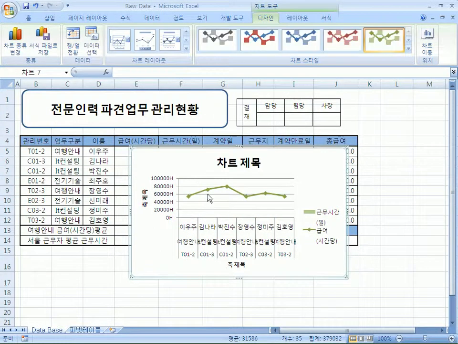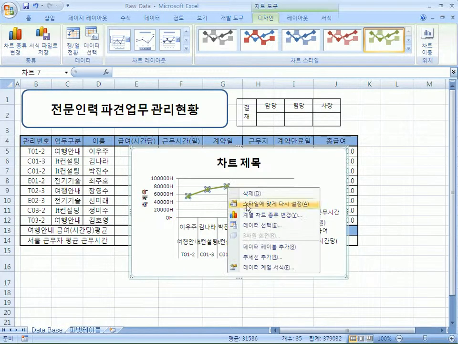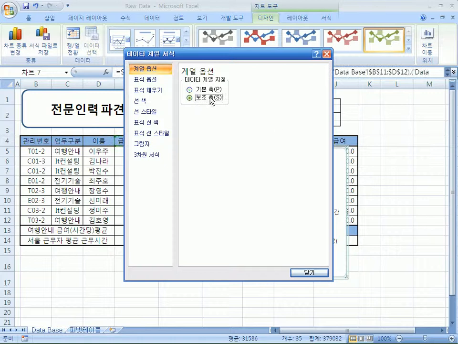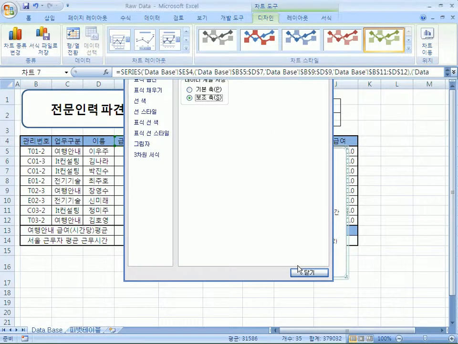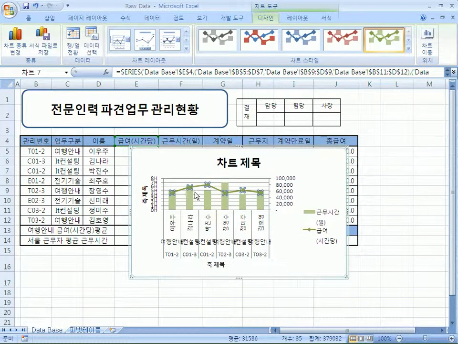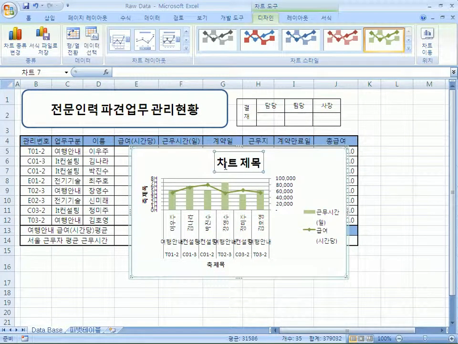And then it only shows the payment per hour, so I will add some assisting axis which shows the working hour like this, and I will put in the chart title,